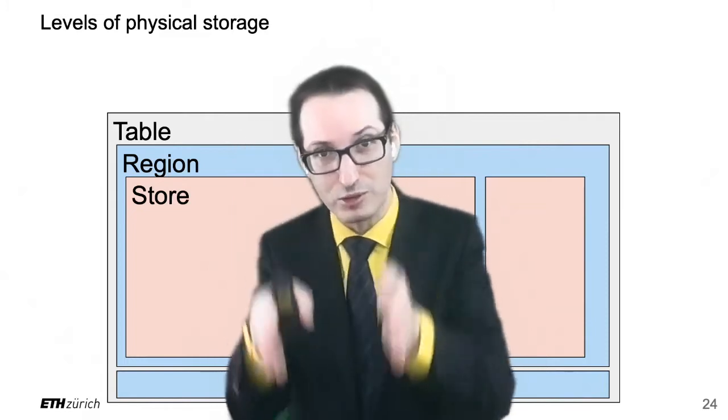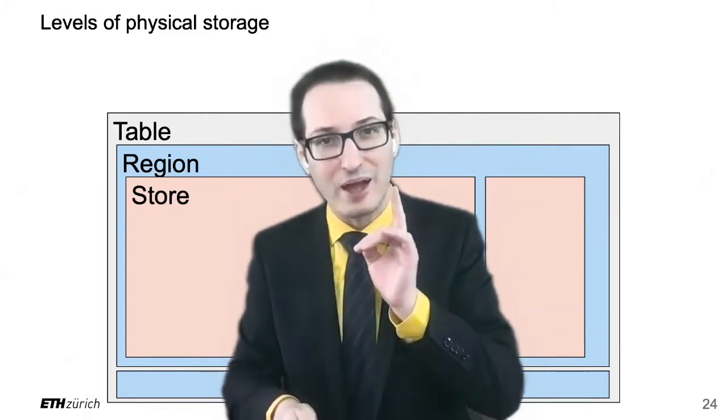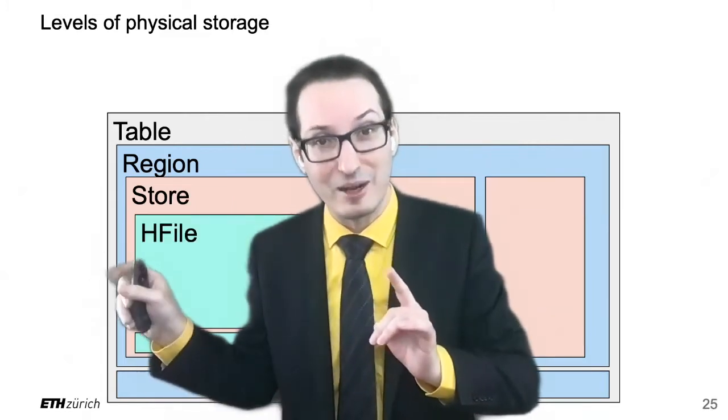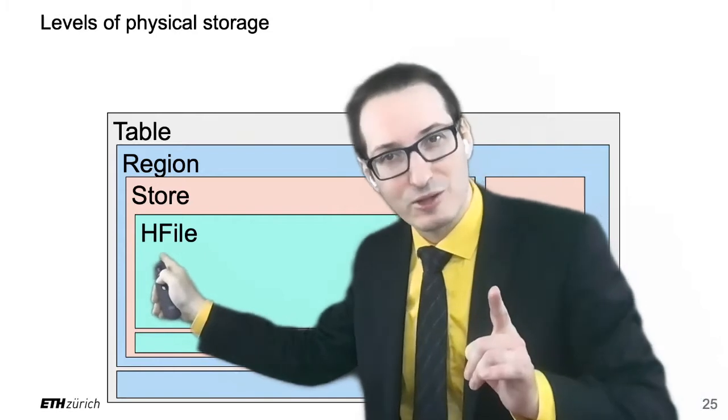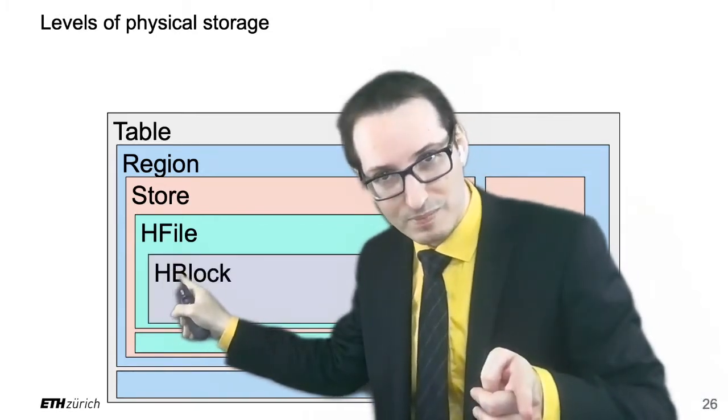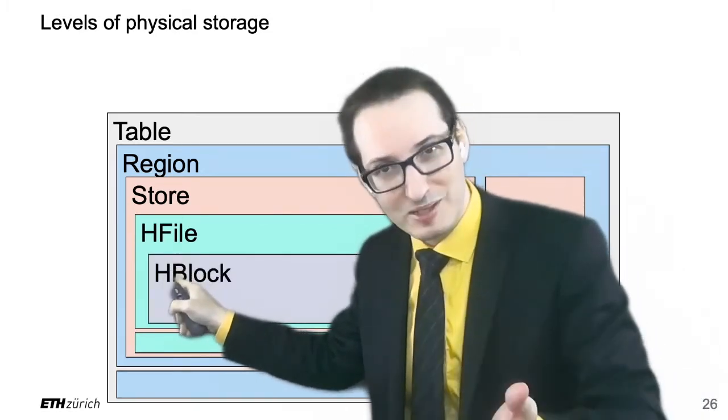So we have a region, it's a collection of rows. Inside the region, we have a store. This is when I also slice on the column family, right? What do I have inside the store? I have an HFile because I told you a store can be stored as multiple HFiles, right? So I have an HFile. What is an HFile made of? It's made of HBlocks. And what is there in an HBlock? There are,